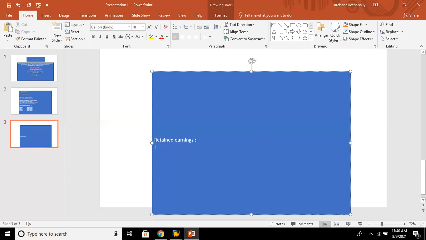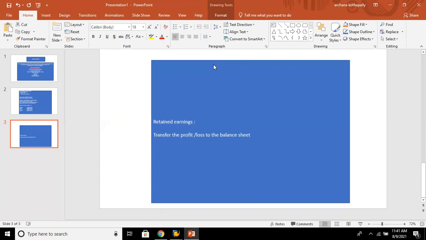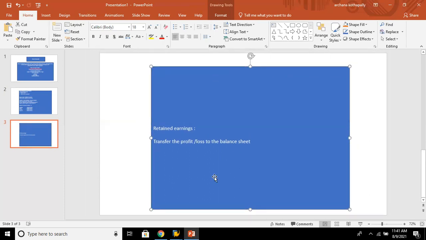So what is this? Why do we configure it? It is an account which is used to transfer the balances, or you can say transfer the profit or loss to the balance sheet. If it is profit, it will be added to the capital in the balance sheet. If it is loss, it will be given as a minus symbol, or deducted from your capital in